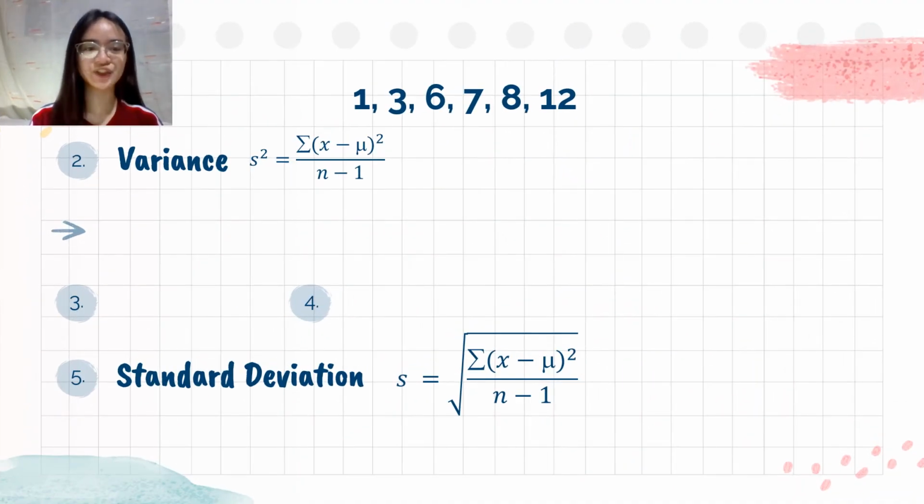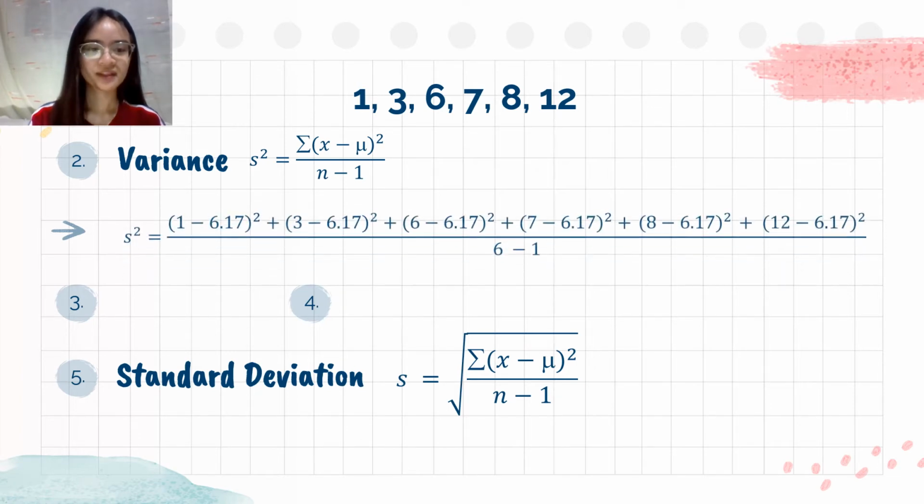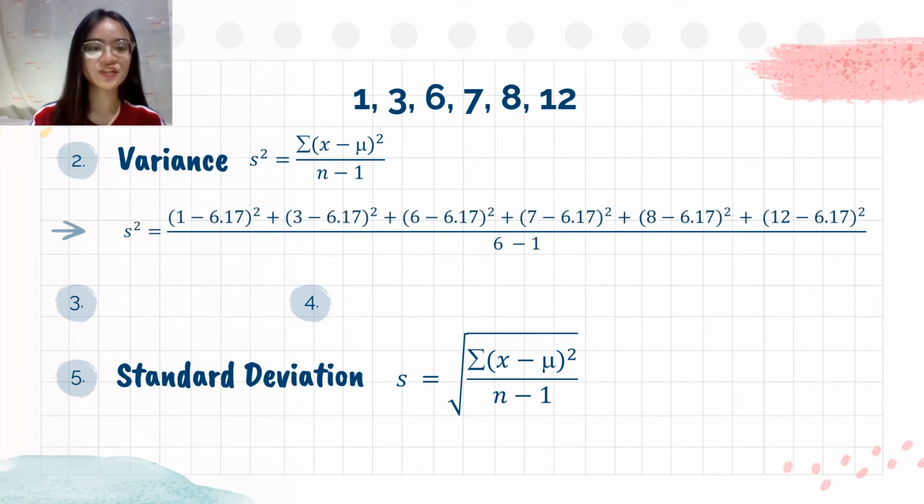Next step or procedure is to find the variance. S squared is equal to (1 minus 6.17) squared plus (3 minus 6.17) squared plus (6 minus 6.17) squared plus (7 minus 6.17) squared plus (8 minus 6.17) squared plus (12 minus 6.17) squared. Kung nagtataka kayo kung saan galing yung 6.17, yun yung mean value na nakuha natin kanina nung first procedure. So,